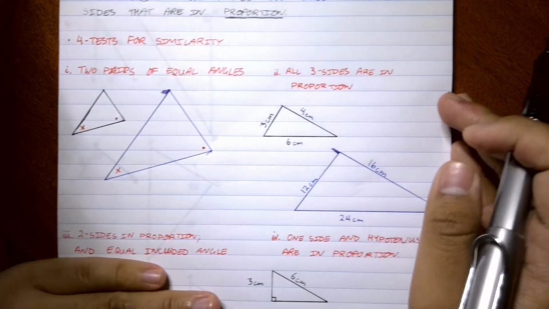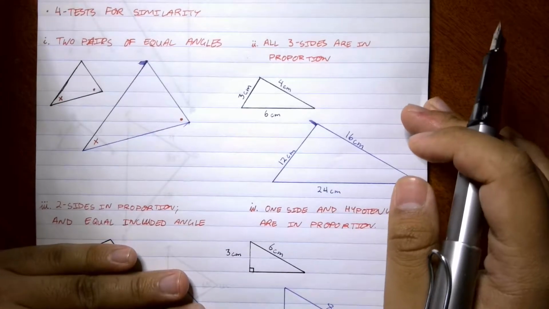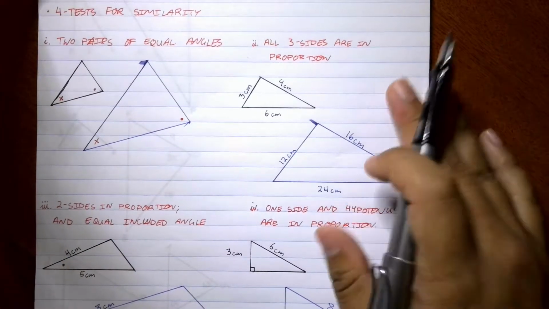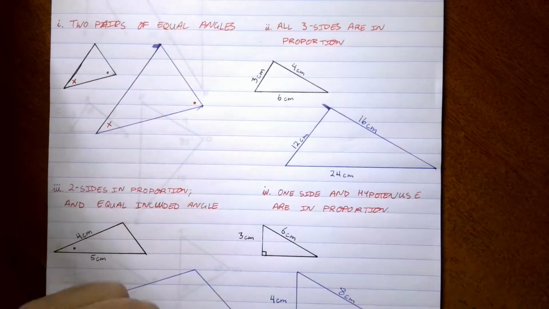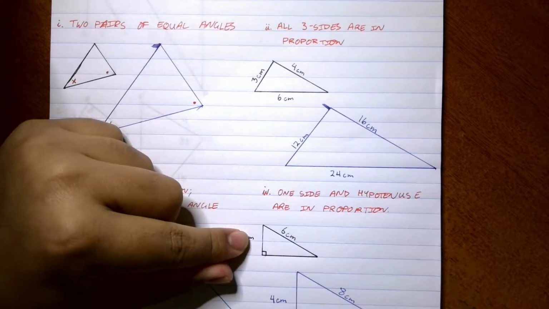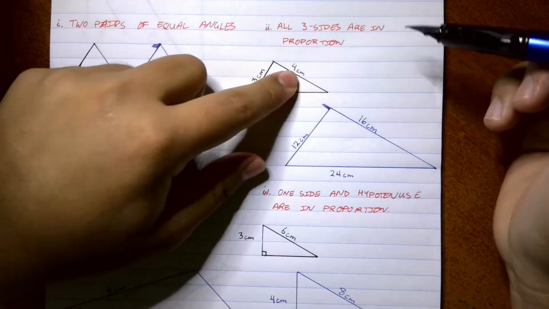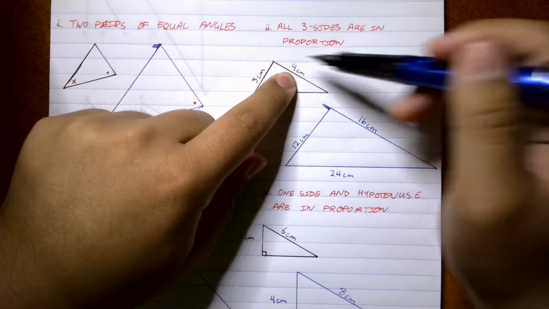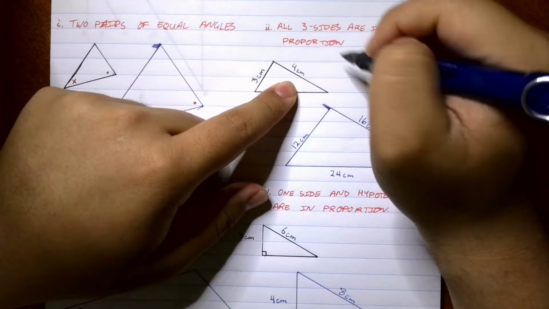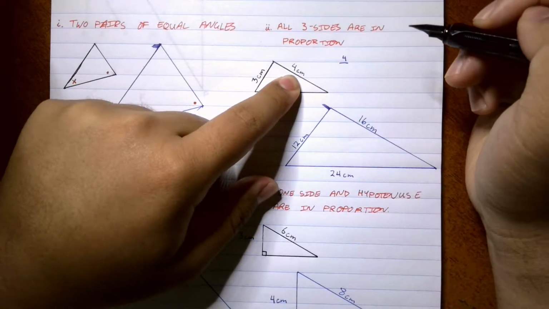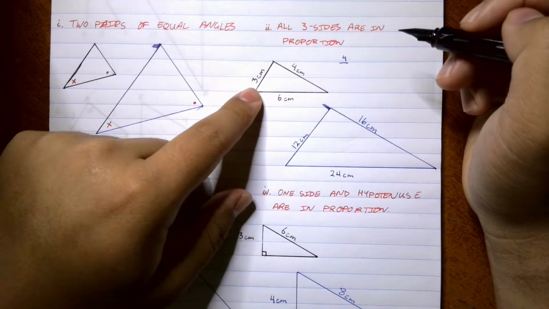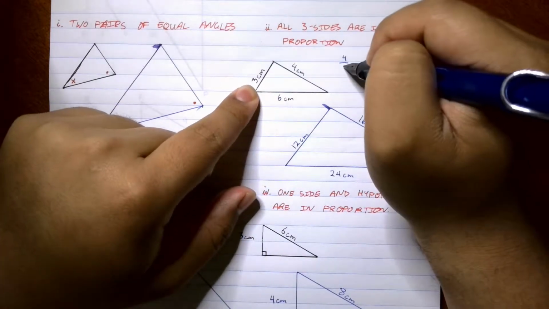The second test is, all three sides are in proportion. Now, I'm going to do a quick overview as to what it means to be in proportion. If we take the middle side of this triangle, 4, and we divide it by the shortest side in the triangle, so 4 over 3,